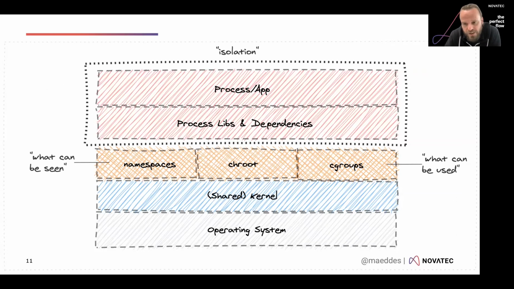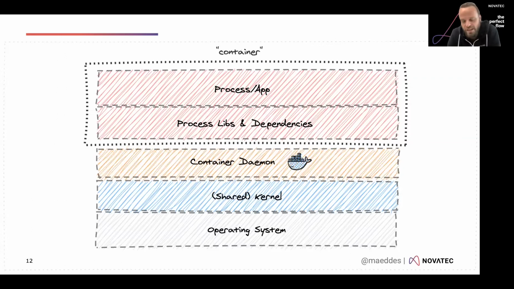And the cgroups for controlling what kind of resources that process and application is about to get in terms of CPU and memory. So with this, we can handle and isolate completely a single process, as we call it, a container. Now, executing all those things can be a bit error prone and is not super straightforward. So that's a task that a container daemon will take away from us. A container daemon will normally provide an API to do all those things.